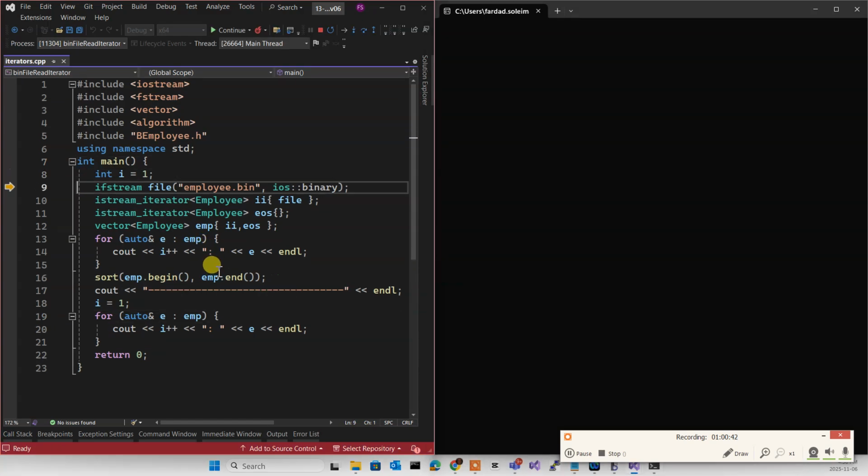Okay? So it's reading it. It's set. So now everything is set. I have a file open. I have an iterator pointing to the beginning of the file. I have an iterator pointing to nothing, which means the end of the file. Then I'm going to say fill the vector from the beginning to the end. That fills the vector. Now, one by one, it's going to show all the values